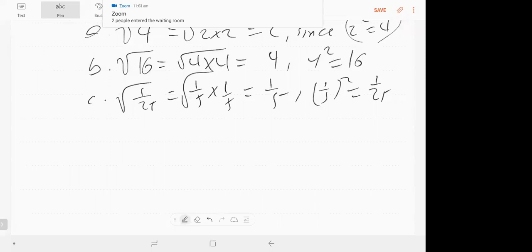Is that clear? Yes. Do you understand? Yes. What do you mean by the square root of 24? 1 over